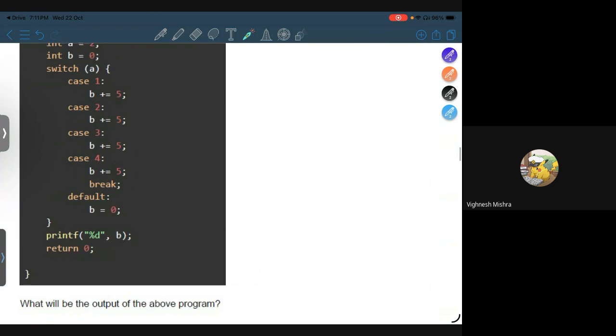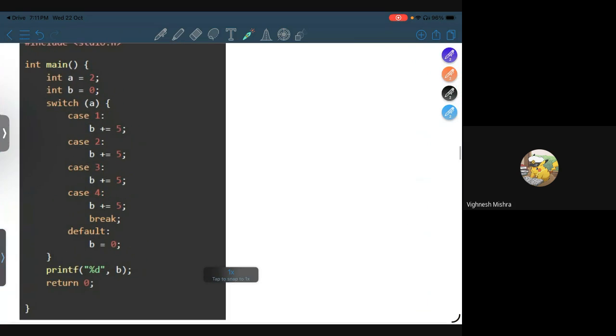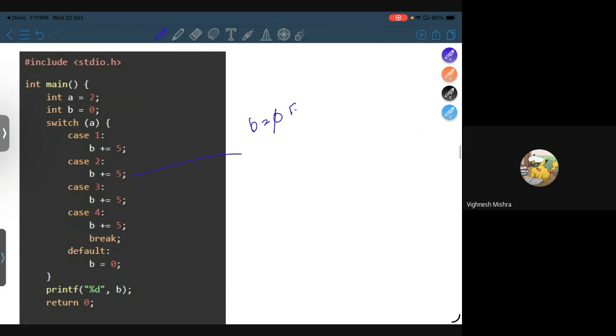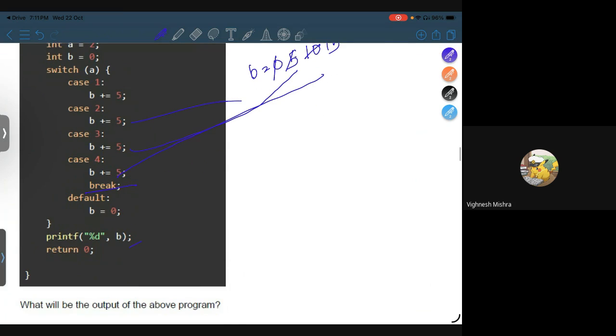ओके, नाउ व्हाट विल बी द आउटपुट ऑफ अवर प्रोग्राम? int main, which case है a is 2, a यहाँ आएगा, so it will print this. b की वैल्यू इनिशियली 0 थी, ये b की वैल्यू को 5 कर देगा। देन 3 वाला भी जाएगा, वो उसको 10 कर देगा। देन 4 वाला भी जाएगा, वो उसको 15 कर देगा। देन ब्रेक स्टेटमेंट, तो 15 विल बी द आउटपुट। ओके।